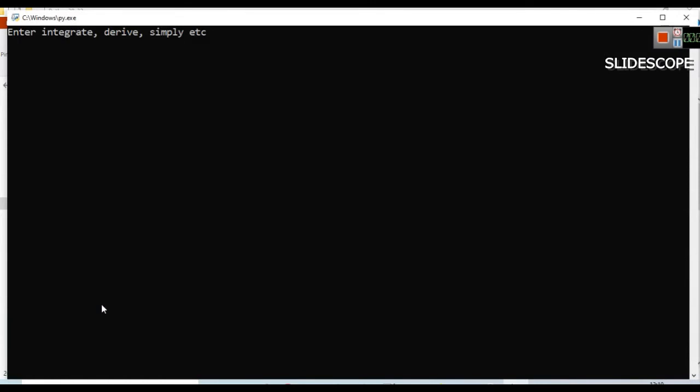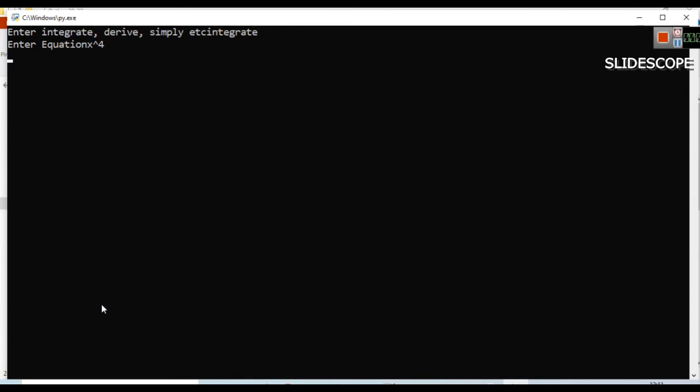You can see it is asking me to enter integrate, derive, simplify, etc. Let's say we want to enter integrate here. Next, it is asking the equation. Let's say we have to integrate x raised to the power of 4.